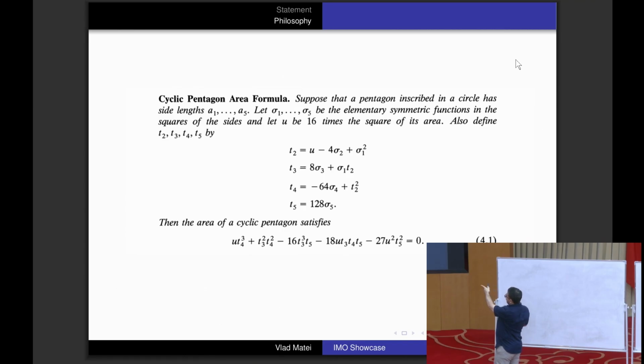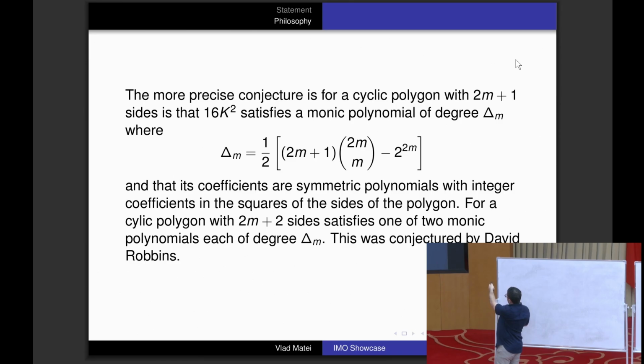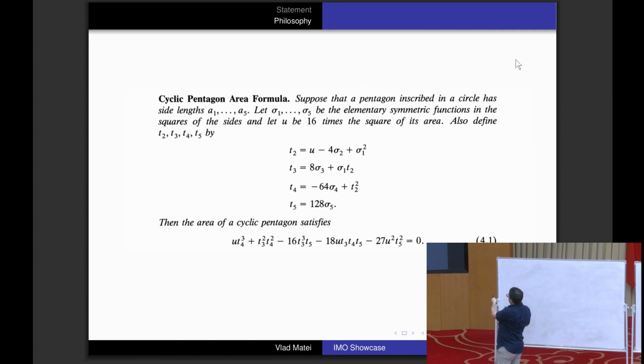if you unravel all the notations, the degree of it will be exactly 7. Okay, so what I want to point out is that this matches this number here. Okay, so if you plug in 5, it should give you 7 for that one. Okay, so that's the degree of that polynomial. And